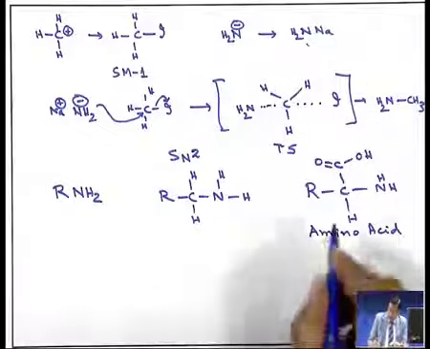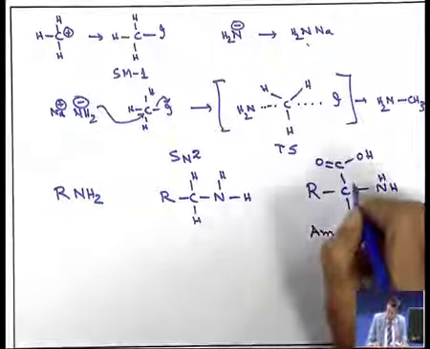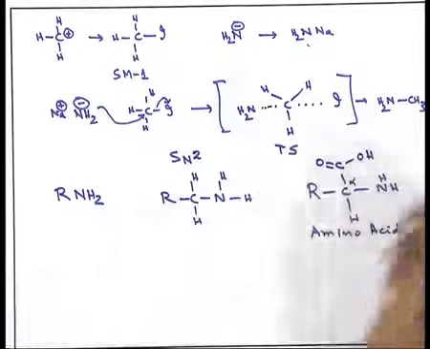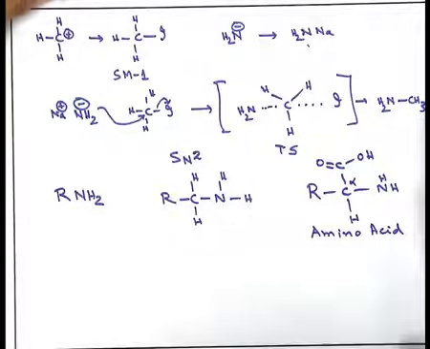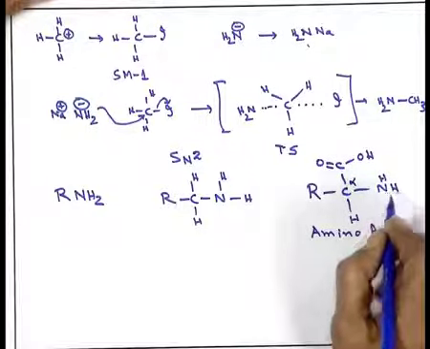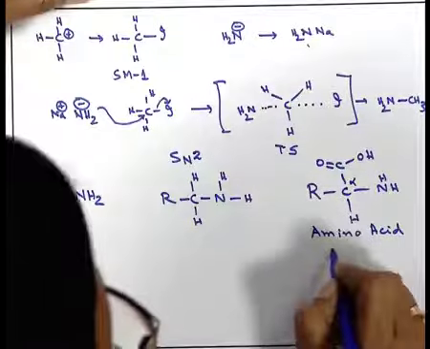What I have written is because of the normal convention: when the carboxylic acid group is the functional group present, the next carbon is called alpha, the next to next carbon beta, then gamma, and in that way we can go up to omega. Based on that, whether the amino group is substituted in the alpha, beta, gamma or delta position, we call it alpha amino acid, beta amino acid, gamma amino acid, delta amino acid, up to omega amino acid. So, these amino acids are a very important class of compounds and this will be called alpha amino acid.